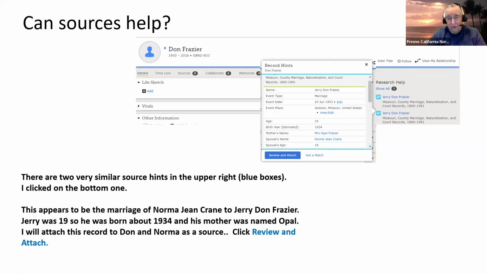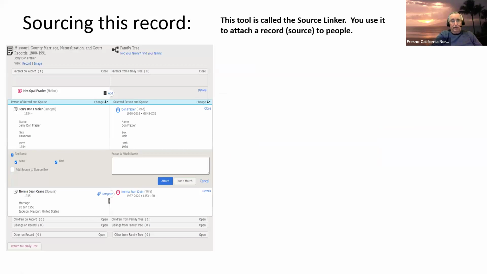So we'll click and review, and that's going to get us into SourceLinker, where we can link things up. This is the old version. The new version would allow us to do the editing we're going to need to do, because the marriage record said he was born about 1934, and we had 1930, and his name needs to be changed.